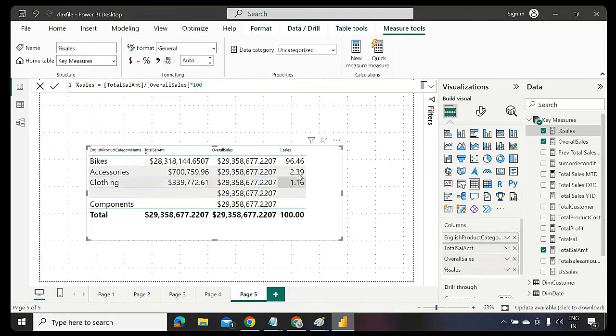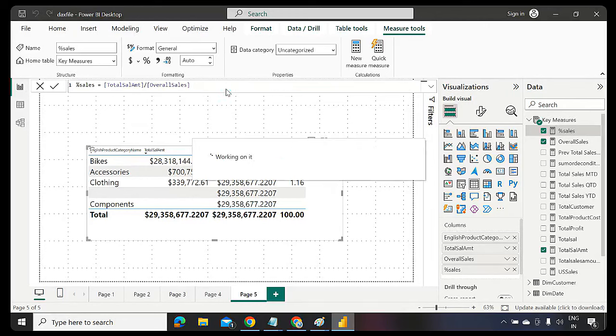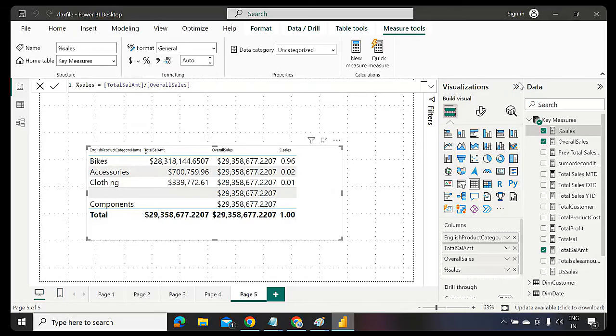If you want to display the percentage symbol on this percentage of sales, simply go to that measure, and instead of multiplying by 100, simply remove the 100. Okay, click enter, and you can add the formatting here. See, click on this percentage of sales, click on the percentage option. This percentage option takes care of multiplying by 100, and you also get the percentage symbol. That is the formatting. If you want currency format, you can do that as well. And also for this overall sales measure,